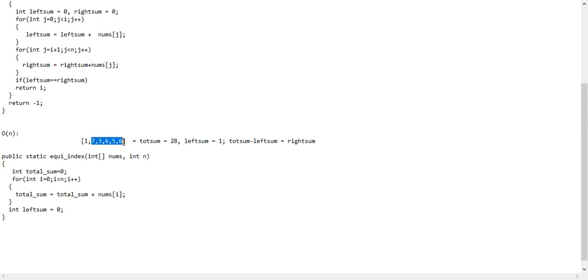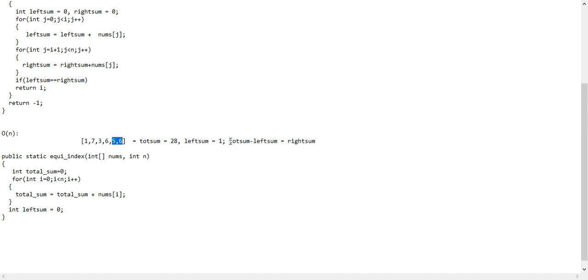The sum of these elements is 27, right? So I am basically getting a right sum, but the condition here is that I have to consider a particular element, and the left sum and right sum of that particular element should be the same. Like here my element will be 6, which is at the equilibrium index 3. So the left side of 6 should be equal to the right side of 6.